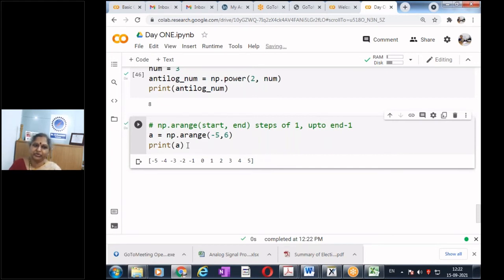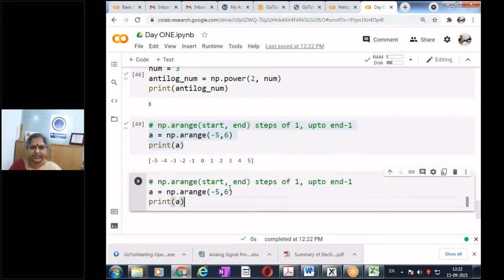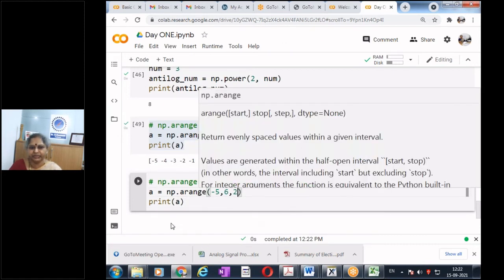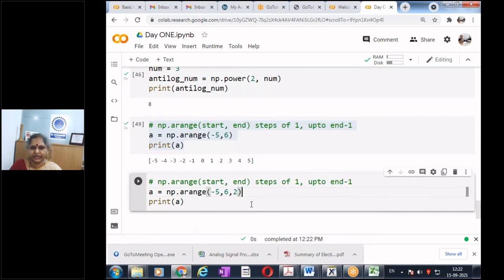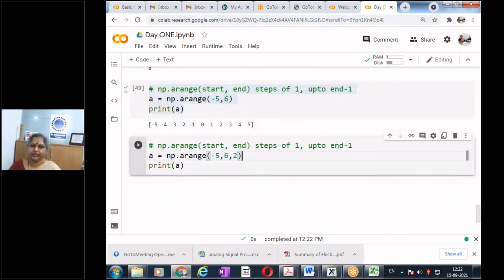So suppose I now change this, comma 2. Now you tell me what happens to the same command. I have now done np.arange(-5, 6, 2).